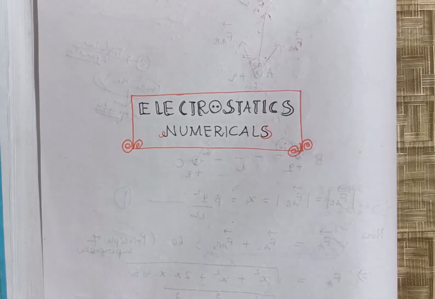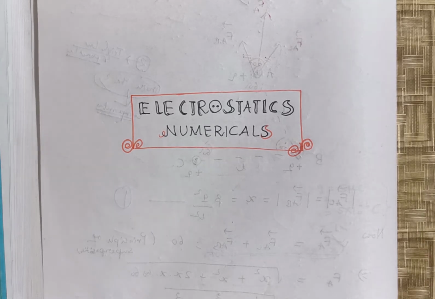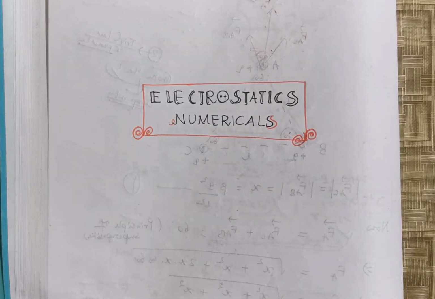Hello my dear students, today we will discuss the numerical parts of electrostatics 3, in which we have discussed what is electric potential, how electric potential is related with electric field intensity and equipotential surface. So many queries we have to discuss today, and you should remember how the problems we can solve by using the formulas that we have read. So now we will start the numerical questions and discuss the answers.